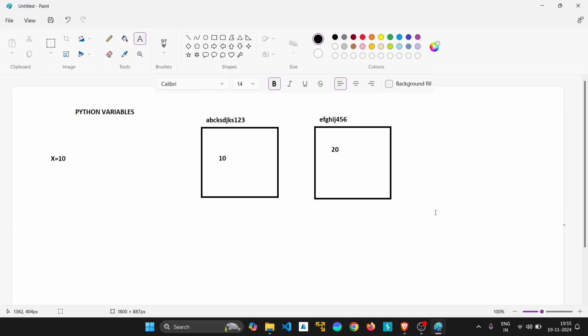Suppose I want to retrieve this 20 to print. Is that possible? Every time I need to write this number. It is impossible, right? Because a memory address is a difficult thing to write in order to print. Without using this address,